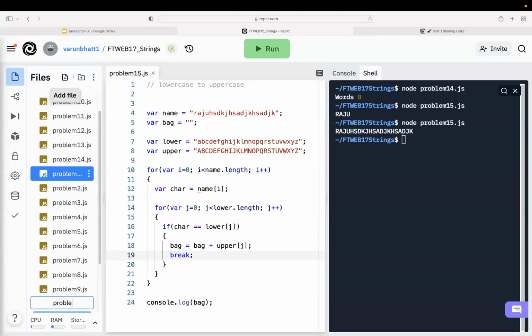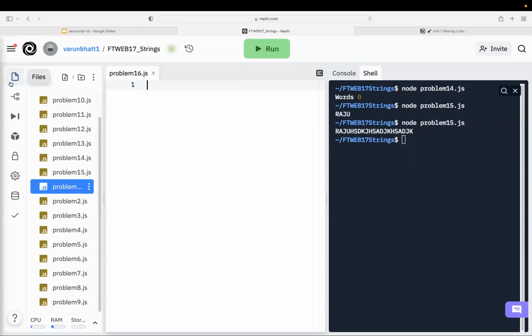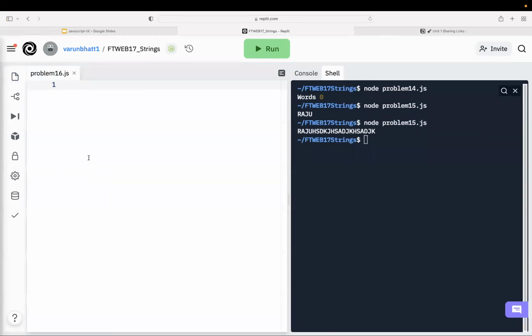Problem 16.js. Now the last question is: count the total number of characters in the given array. Count total characters. Okay, suppose I'm talking about where name equals to